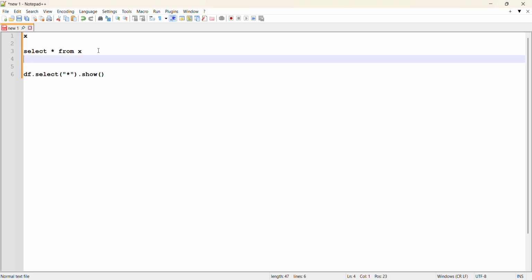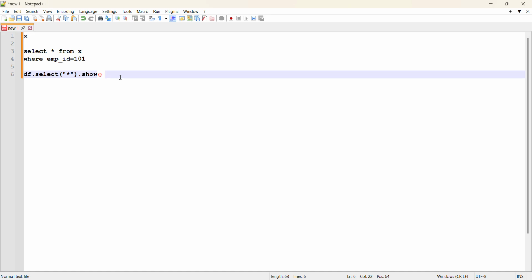Let's say in this table we have employee ID, EMP ID, and you want to filter where EMPID is 101, let's say. How do you write this query in PySpark? That is what he is explaining. So how to write this one, df dot